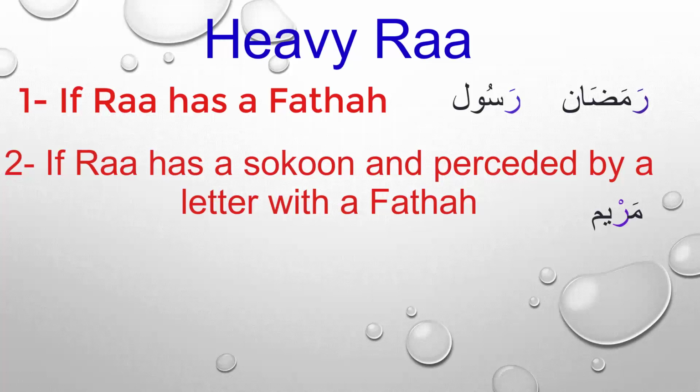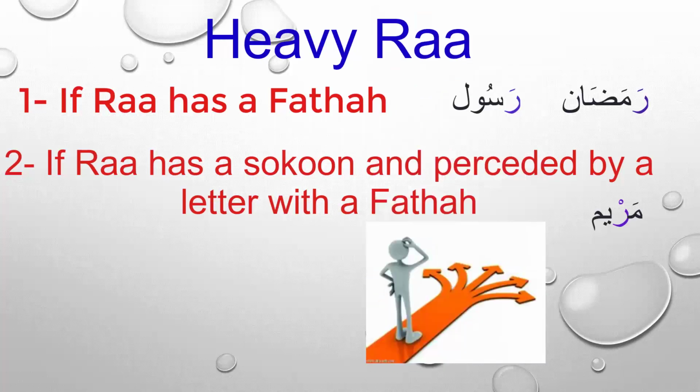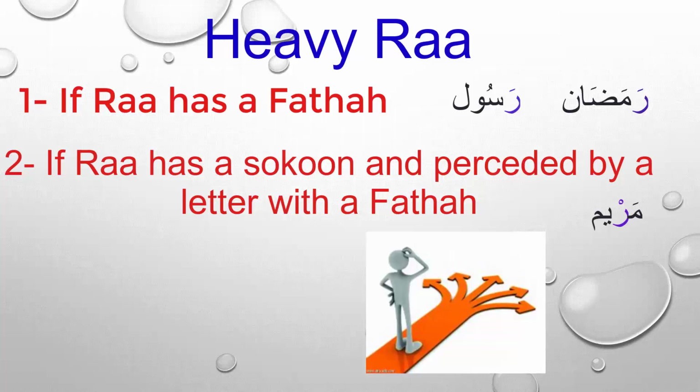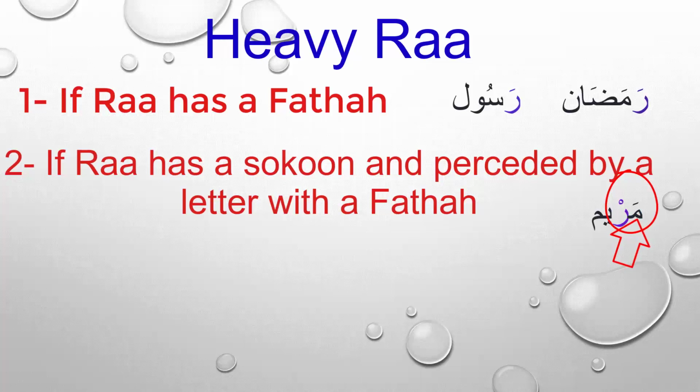Let's imagine something. Imagine that Ra, when it's a second letter, when it has Sukoon sign, couldn't decide what to do. Should I be heavy? Should I be light? I can't decide it myself. So she looks at the letter before. If it has Fatha, so Ra's gonna be heavy. Okay? Another example, like in the word أرسلنا. Ra has a Sukoon sign and Hamza before is with Fatha. So Ra's gonna be heavy too.